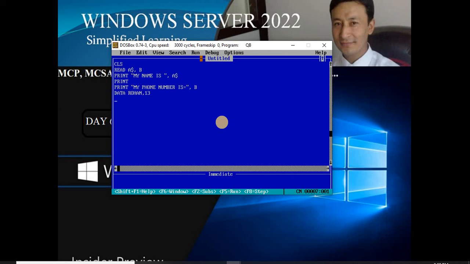So now, Rohan 13, that means the name will be Rohan. The age I have given as 13. That means when I run the program, this program will go in search of the data which is being declared by a variable read statement itself. Okay, now if I run it, you might have noticed this $a is the string variable,